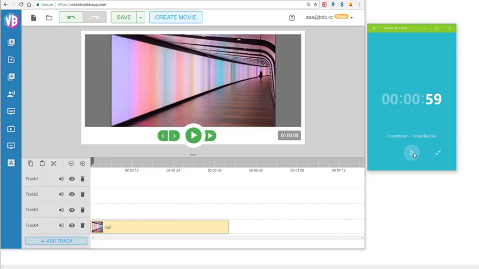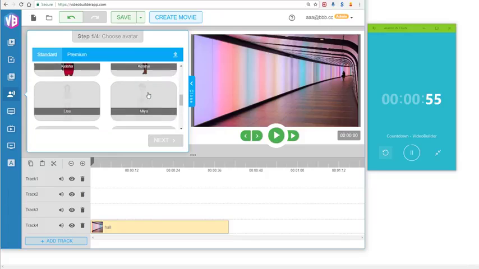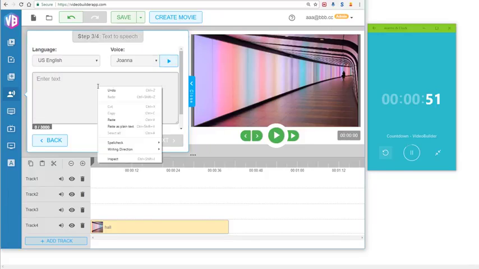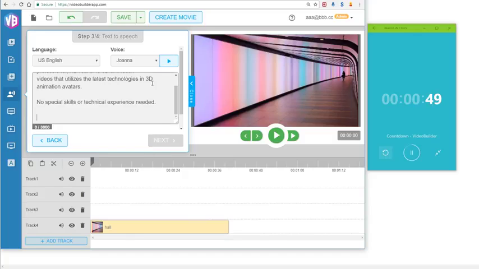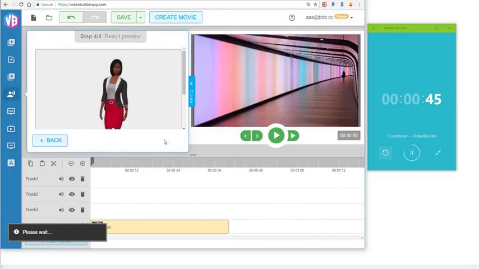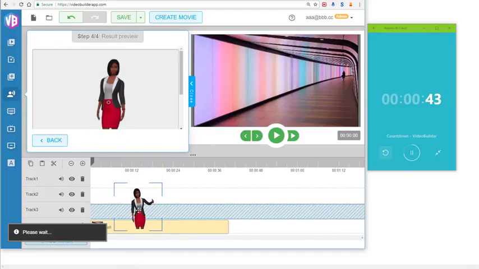So let me hit that countdown timer right now. The next thing that we would do is we would need the avatar, right? So let me click Keisha here and then click next. I'm going to click import speech. I'm just going to click paste here, and then I'm going to choose a voice. You can just click import speech here and click next, and I'm going to drag and drop her into the